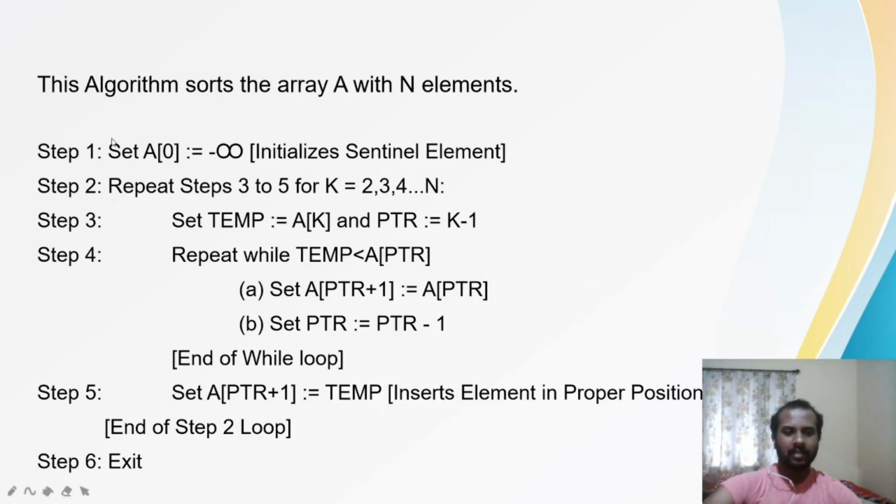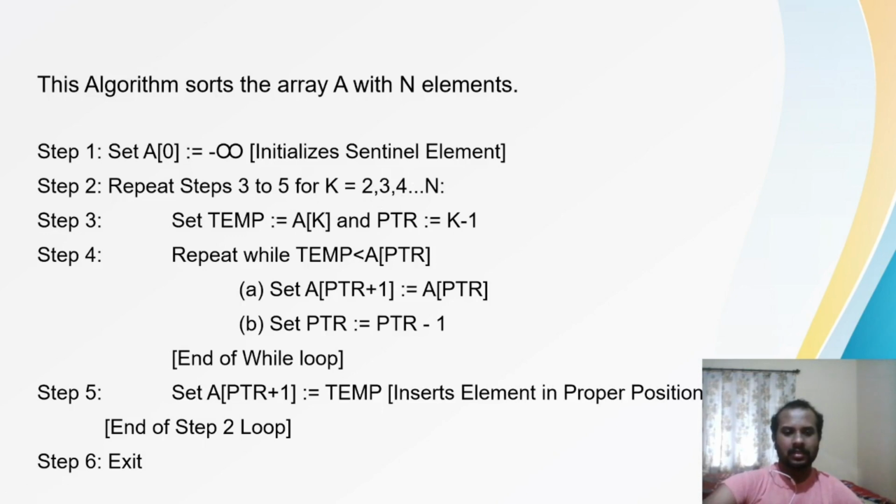So in the step 1, what I am doing, I am creating one sentinel so that is the least number, and in the next step I am trying to use the for loop except for the element that is present in the first position, right? So I am making k is equal to 2, 3, 4 to n.